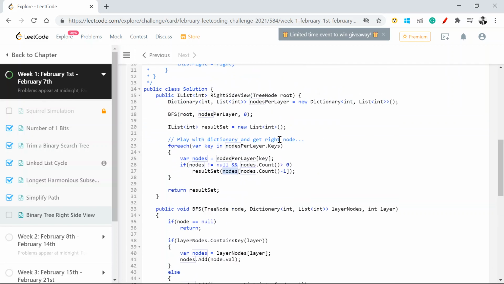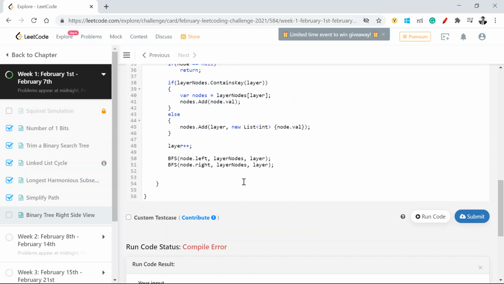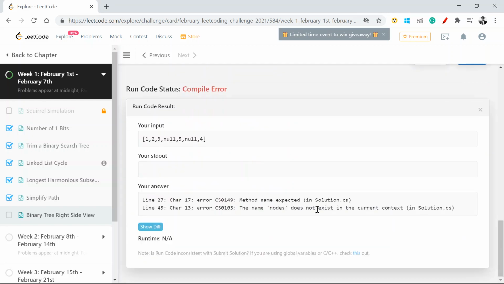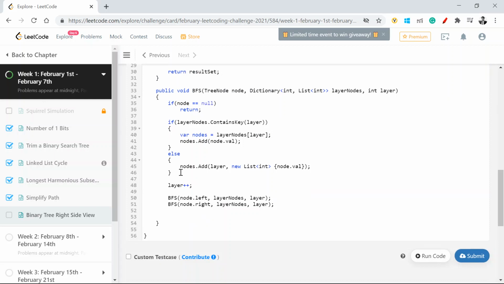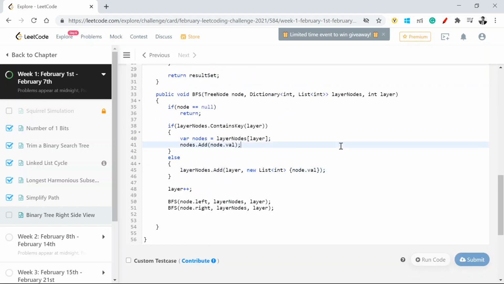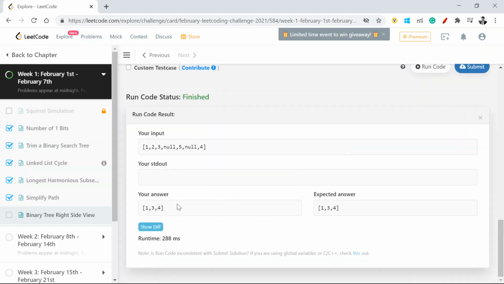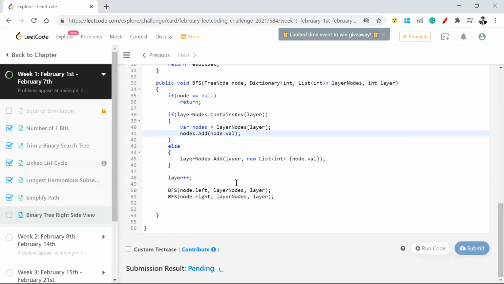Method name expected. Oh shoot, this has to be .Add. Okay, what was the error? Nodes does not exist in the current context, line number 45. Oh, that is going to be layer nodes. Okay, let's run this now. Okay, I got 3134. Let's submit it.